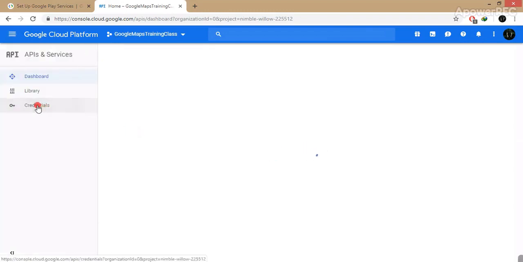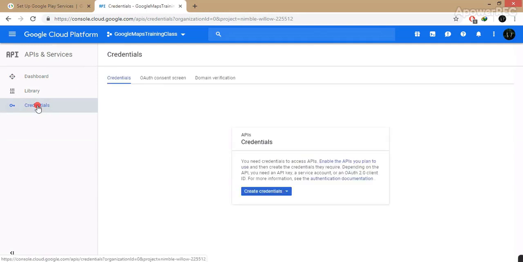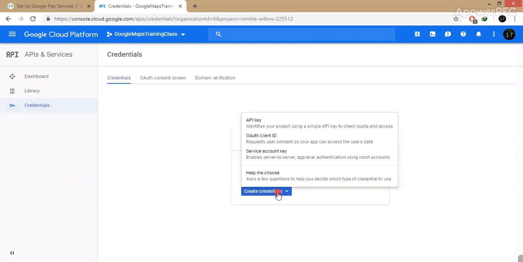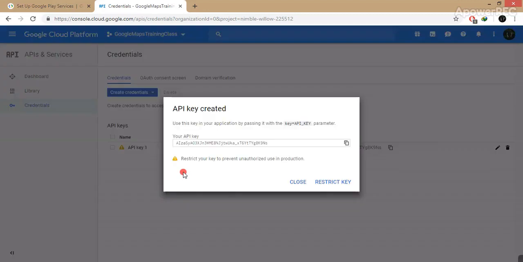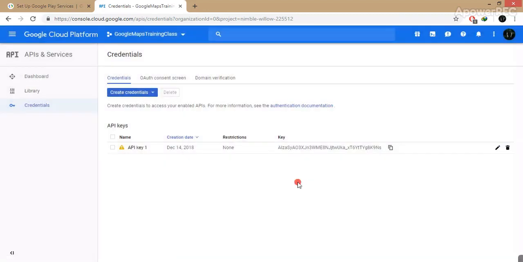Click on credentials and then click on create credentials. Click on API key. It will generate my API key. And friends, this is now my API key. Copy it and close it. You can also edit the name of your API key.